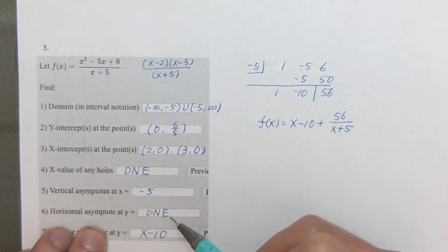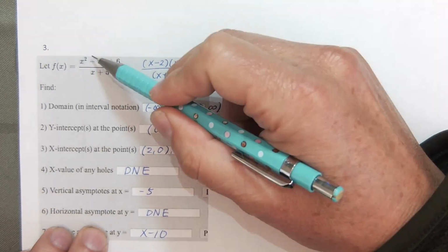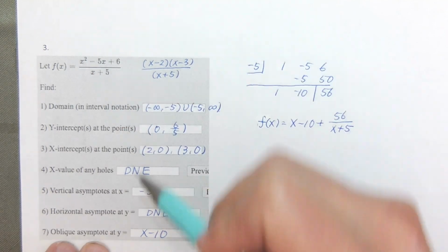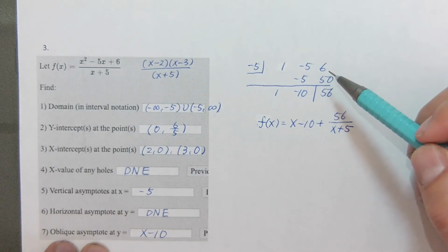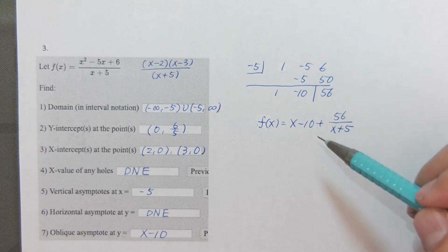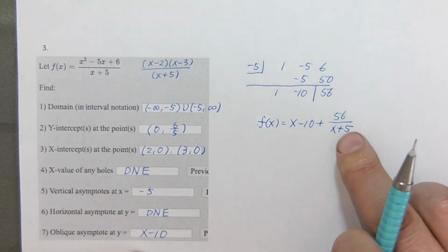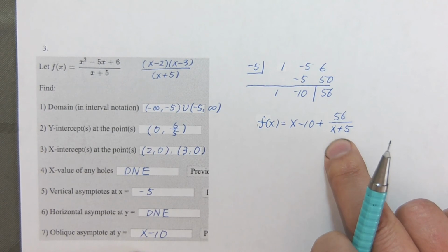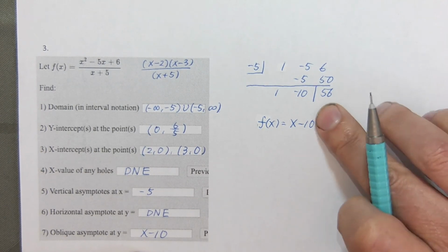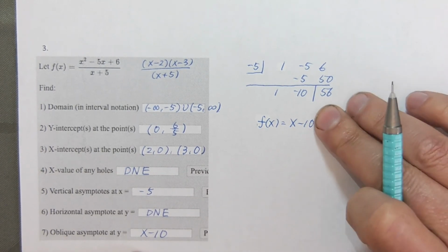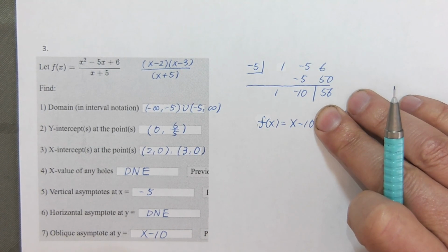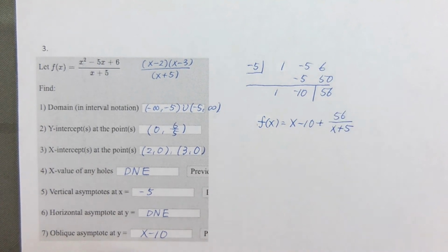Horizontal asymptote. There is no horizontal asymptote because the degree on top is bigger than the bottom, so there is an oblique asymptote. And you can see she wrote this out very nicely by doing long division using synthetic division. And you can see once again as x is getting larger and larger, that goes to 0. What takes over is the line y equals x minus 10. Well, I hope that